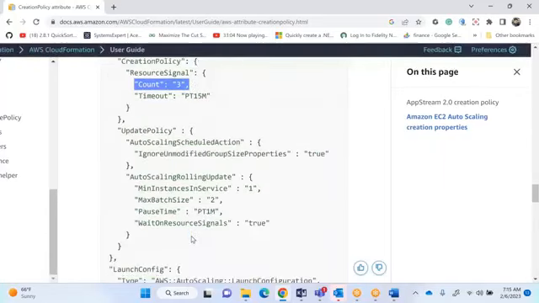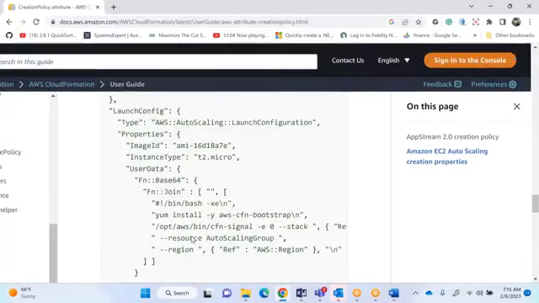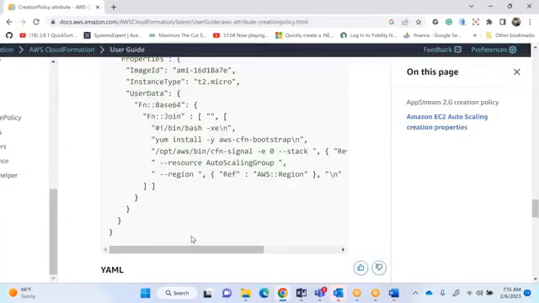Is it clear, right? You mention all these things very clearly. And in the last line, what did I specify? When do you go and send a signal? The signal is in the last line. cfn-signal -e 0. That means exit code is success. And I am sending it like this, resource is equal to auto scaling.